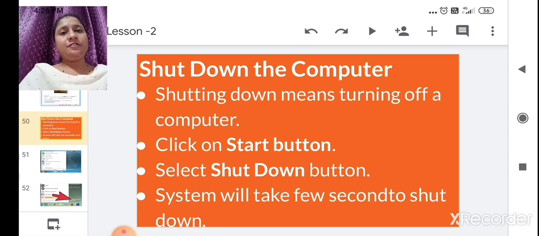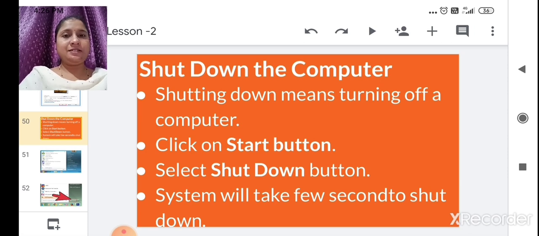For that you have to click on the start button and select the shutdown button. After selecting the shutdown button, the system will take a few seconds to shut down, and then your computer will get closed, right?